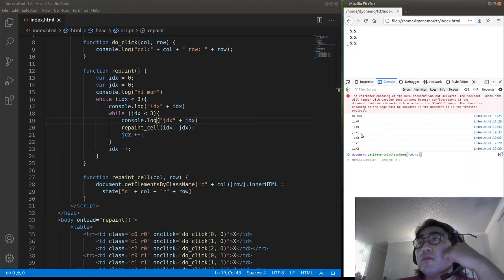IDX0, JDX1, JDX0, JDX1, JDX2, IDX1, JDX2,